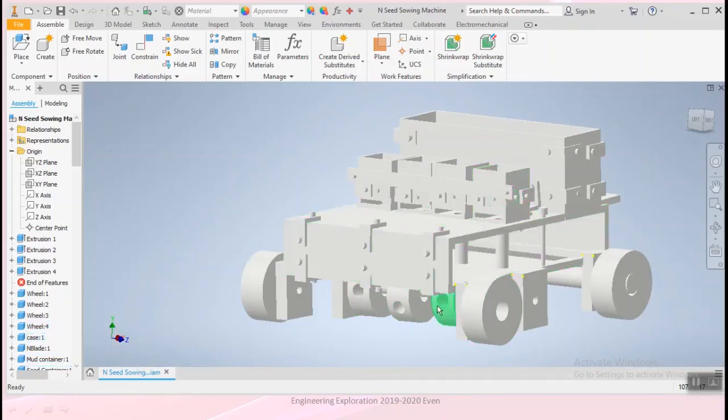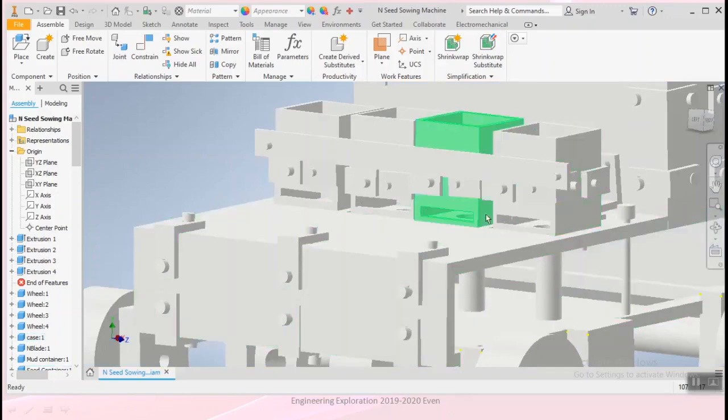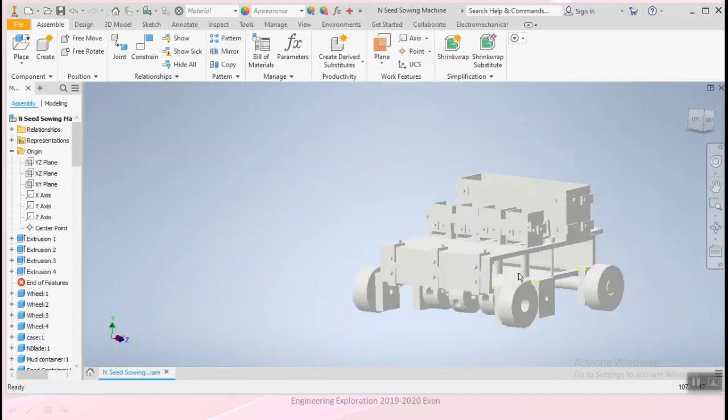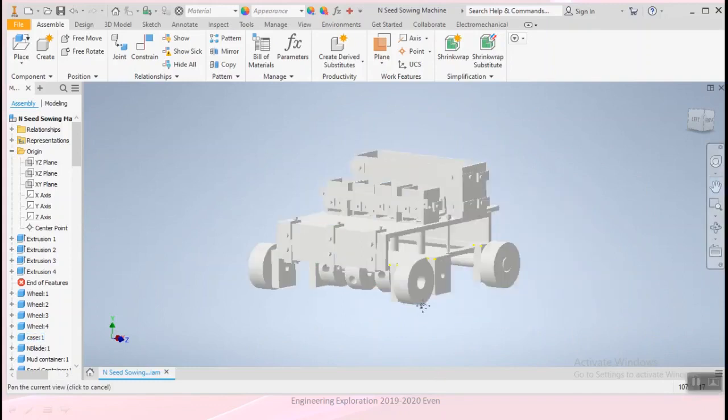The next subsystem is the sensing unit, which consists of 5 IR sensors. One IR sensor is used to sense the tray and the other 4 are placed here to check the availability of seeds. The last and final subsystem of our model is the casing unit, which provides space to keep the battery and Arduino, and also protects the internal parts of the machine. It also gives a nice and proper look to our machine. Now let us look at the different views of our machine.